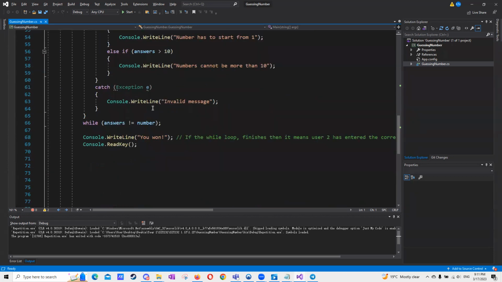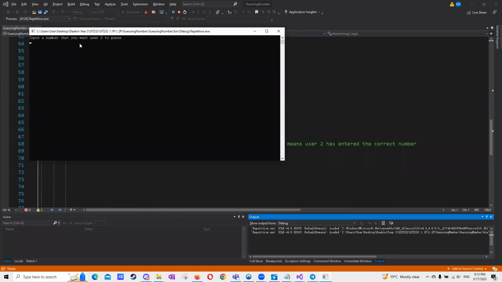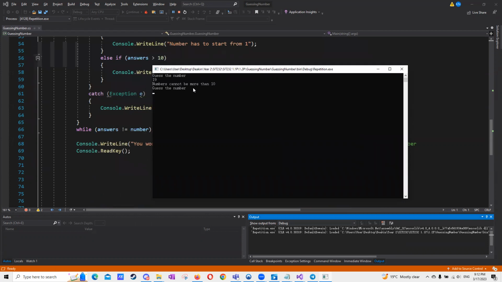Just in case, think of it like this. We'll put 1 to 10. Let's do like 9, right? So imagine if we put 19. See, we still have a prompt, even though, maybe I put it just in case we don't know, user 2